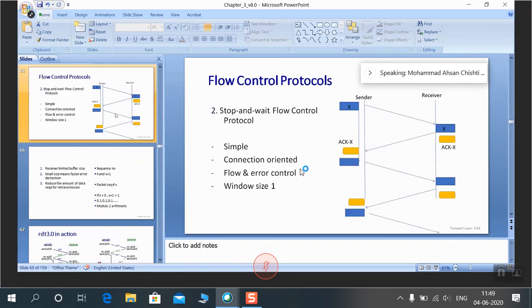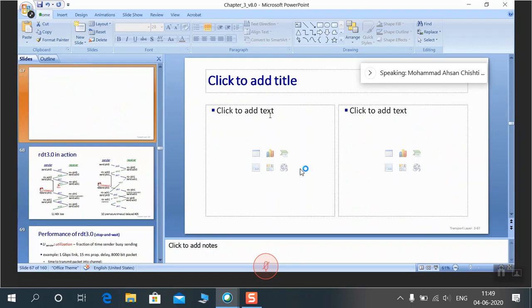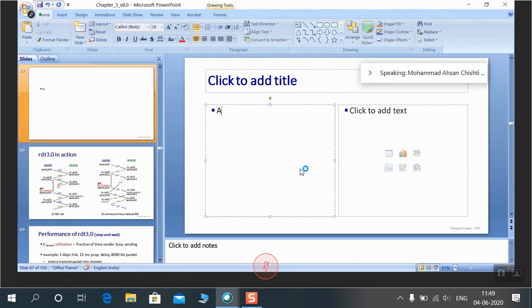So another thing here, X plus 1 we did for the sequence number. How about the acknowledgement number? The acknowledgement number for stop and wait always announces the sequence number of the next packet expected to be received. What does this mean? This means